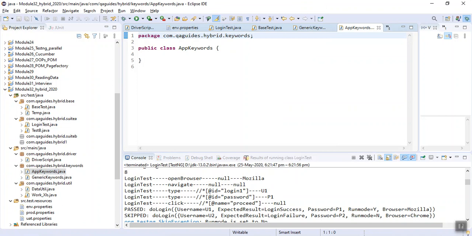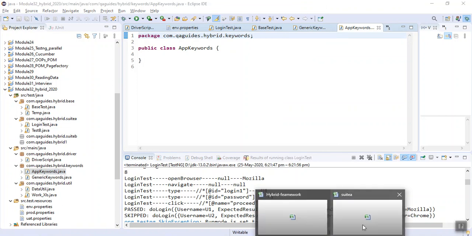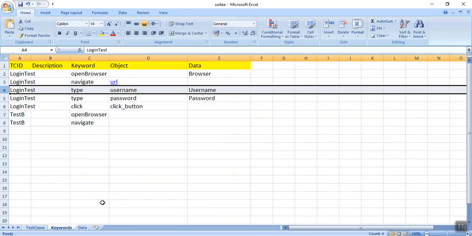So now in an Excel file, I have already told you there are two types of keywords. One is generic, like open, navigate, click. These are generic for all the applications. But there are some keywords which are not generic. We can call them application dependent.